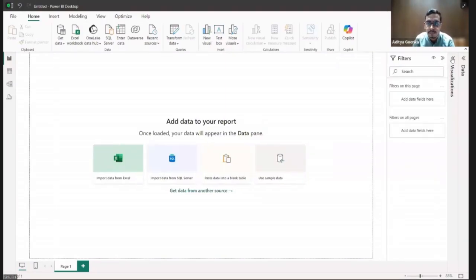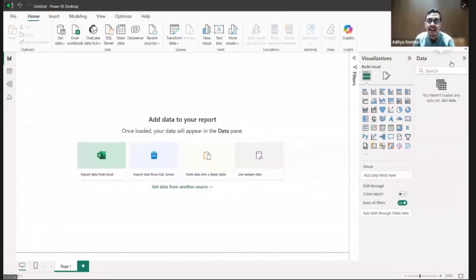Okay. The first one is a filter pane which is not used much. But the visualization pane and the data pane is something that we'll be using very heavily. Okay. Guys, Power BI is a no-code software. You do not need to do any sort of coding as such in order to make your Power BI dashboards. This data pane and visualization pane will play a very major aspect for you to be able to create these no-code dashboards. Okay? So we'll be using these data pane and visualization pane very heavily throughout the workshop. So that is why I'm just introducing you all to this as well.